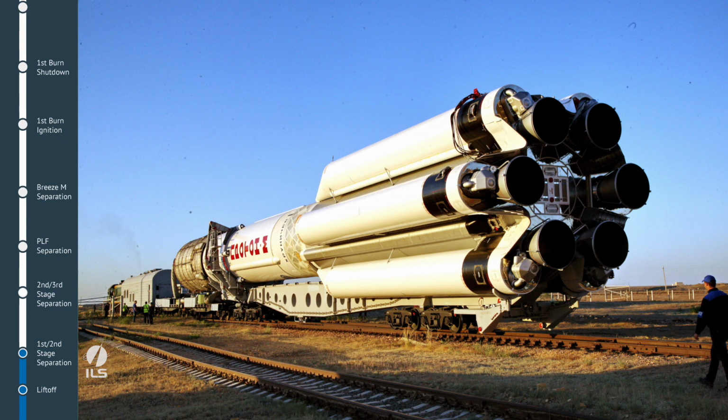as in this picture. I just got confirmation of second stage completion and third stage separation,